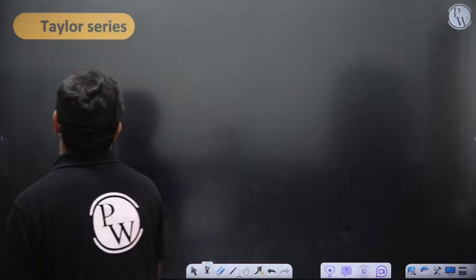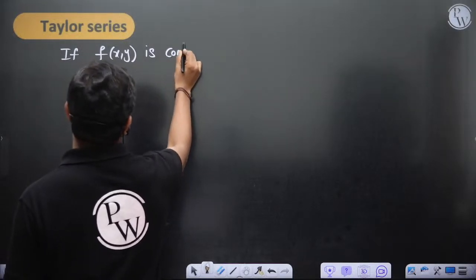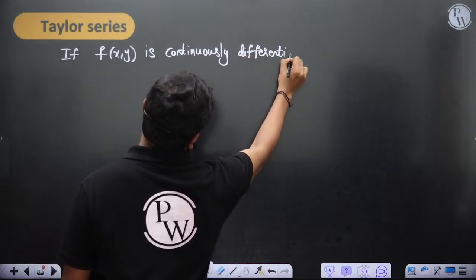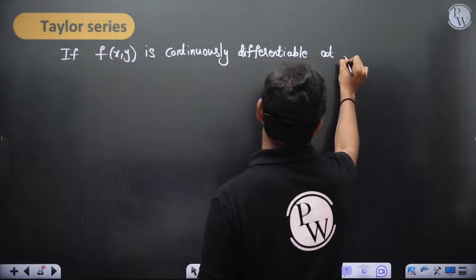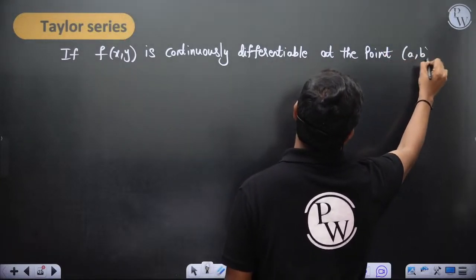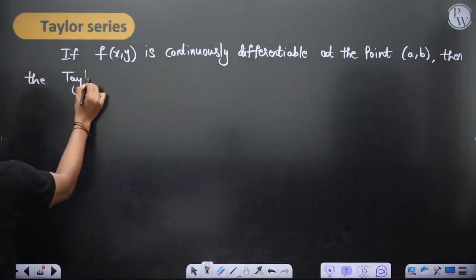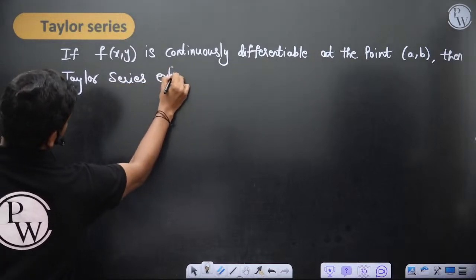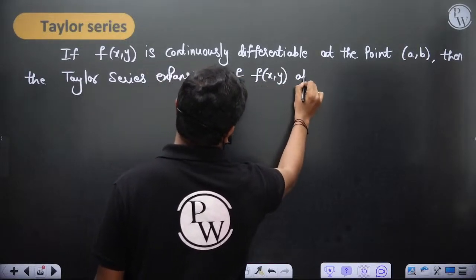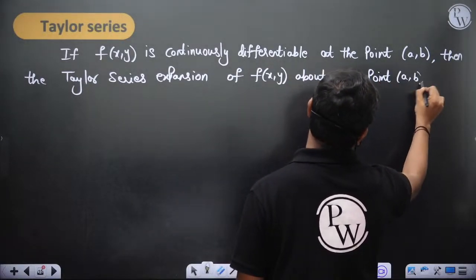So let's see, if f of x comma y is continuously differentiable at the point a comma b, then the Taylor series expansion of f of x comma y about the point a comma b is given by